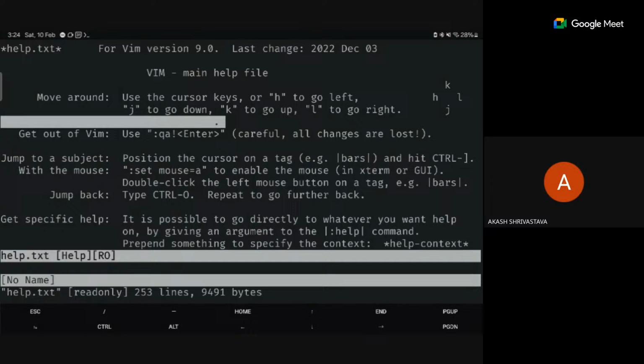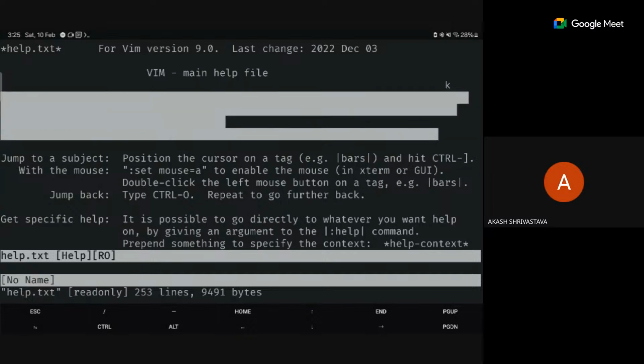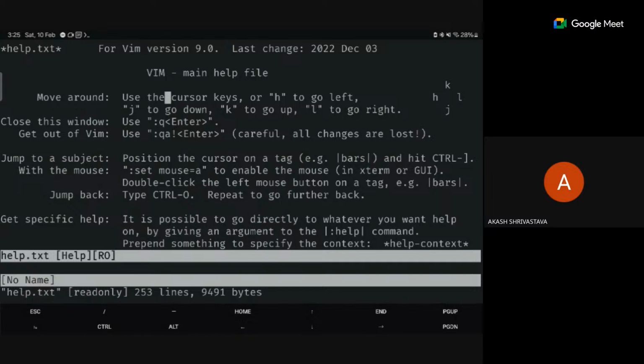How do you close the window? This is a very important one. You have to press Escape first to get to normal mode, then :q and Enter. Next, to get out of Vim without saving, it will be Escape, :q!, Enter. If you use :qa, that means if you open multiple files, none of them will be saved. These are the very essentials you have to know with respect to Vim. Very basic. Without knowing these things, you cannot survive in Vim.